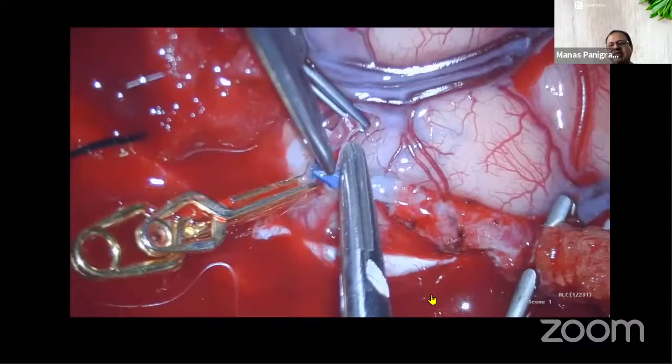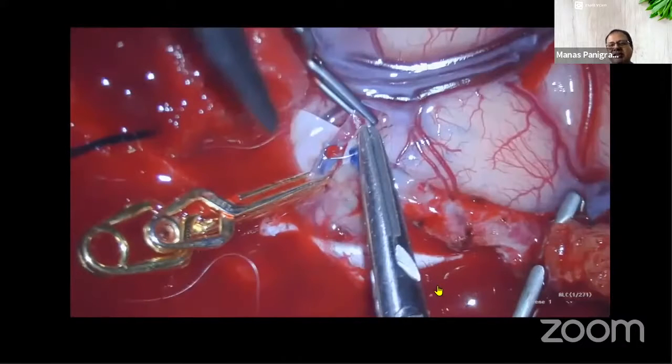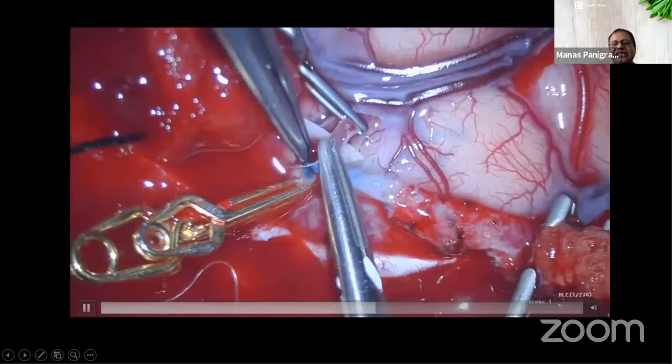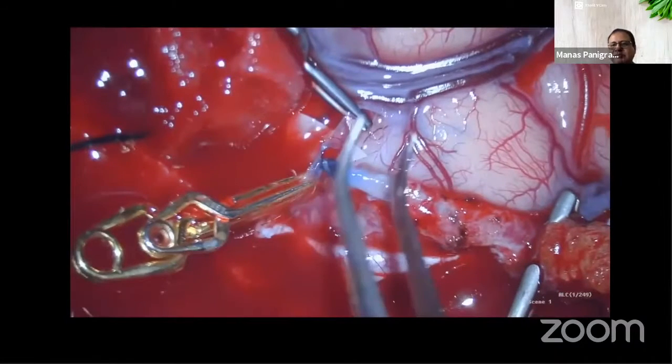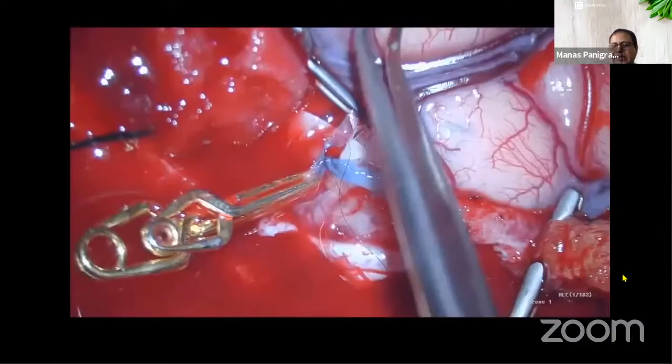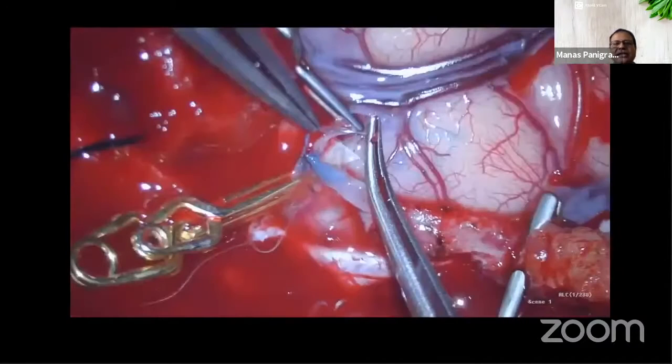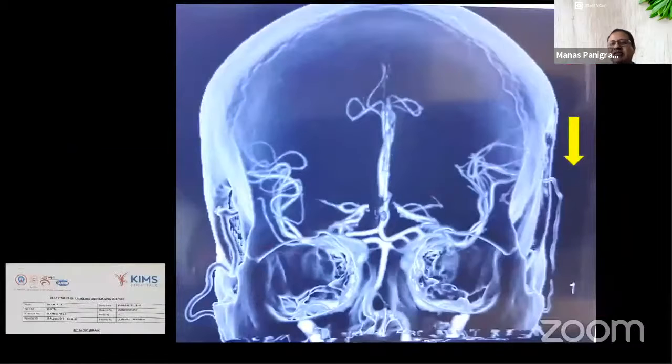And then what has to be done? What are the alternatives when during surgery we do not have it, we have damaged the STA, or we have not got a good flow in the STA? And you have a post-op scan, so it's a good flow, but this is not rosy all the time.